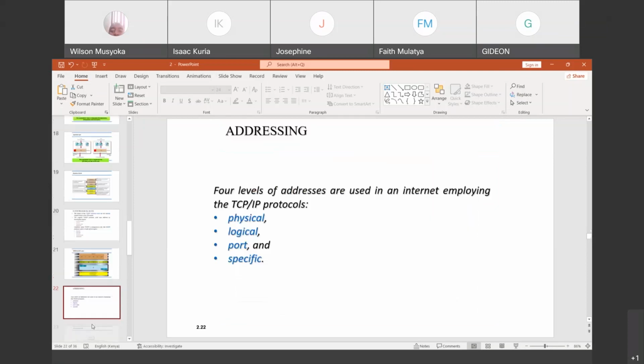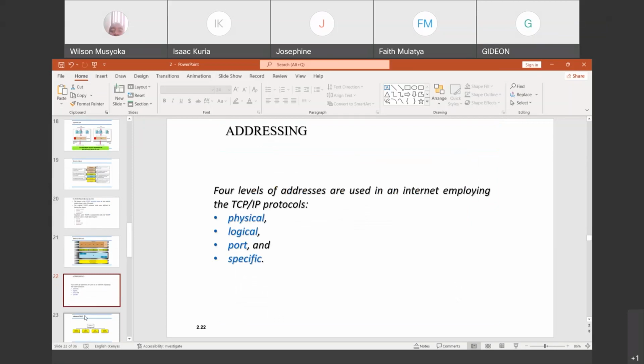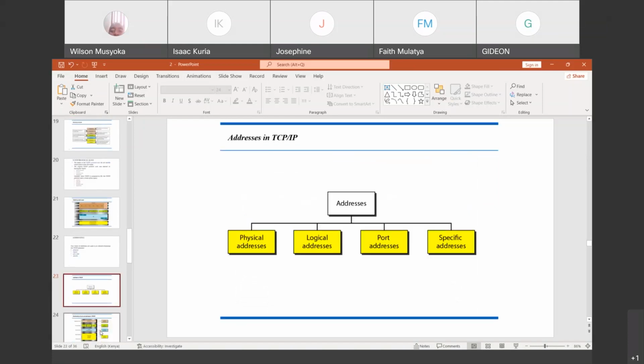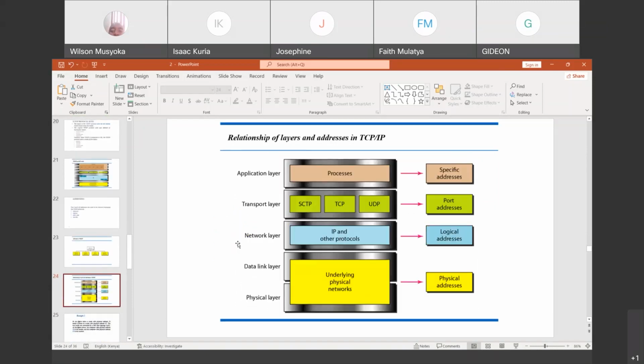Now, how does addressing take place? We normally have 4 levels of addresses in the TCP/IP model: the physical, the logical, the port, and the specific addresses. So how do they work? At the application layer, we normally have the specific addresses.